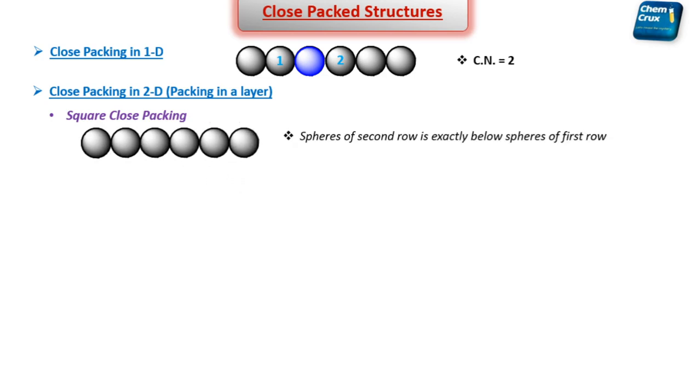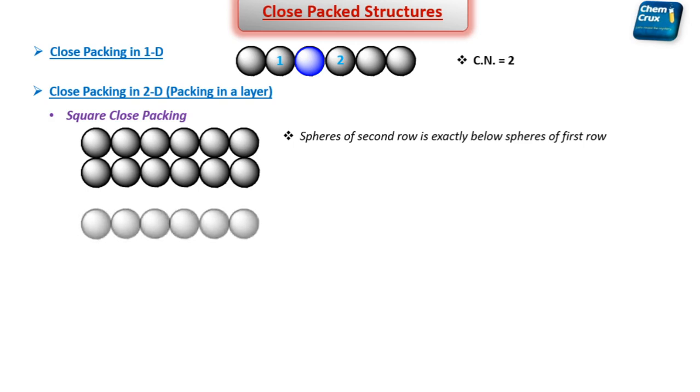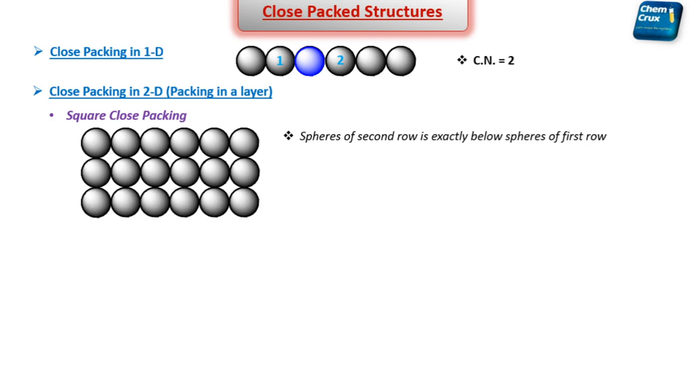Now the spheres of the second row can sit exactly below the spheres of the first row like this. So here we can see that the spheres are aligned with the spheres of the first row. Again, the spheres of the third row can sit exactly below the spheres of the above two rows. So we get that rows have horizontal and vertical alignment,